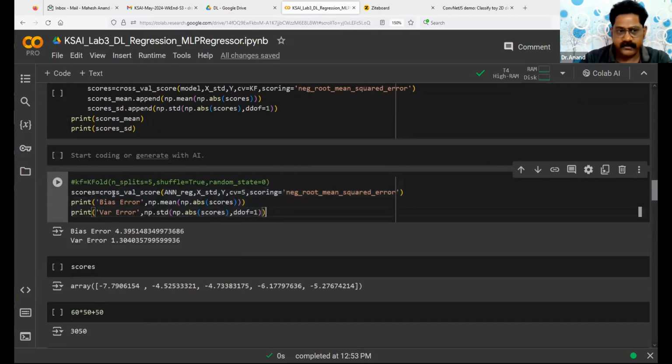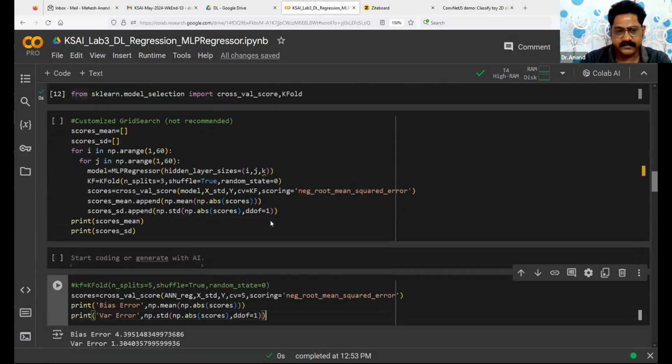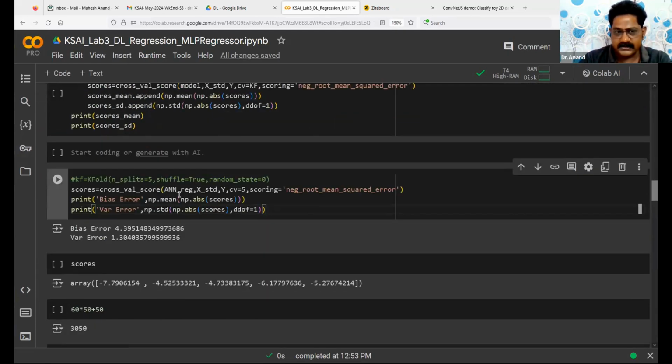So what we do, we perform a simple cross_val_score for the ANN reg model. This is the ANN reg model we have defined with one hidden layer architecture. You know how to operate cross_val_score: your model, X and Y, the scaled X. There are two styles. Either you can directly specify the CV value here, or you can randomize it using the KFold function. The benefit is that it additionally shuffles the records, and